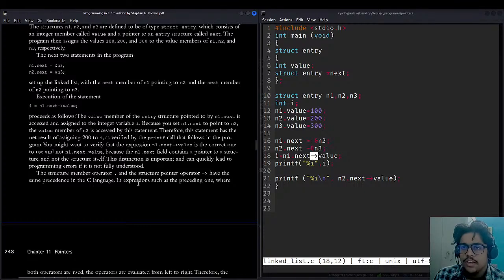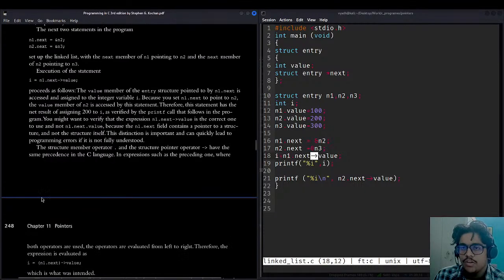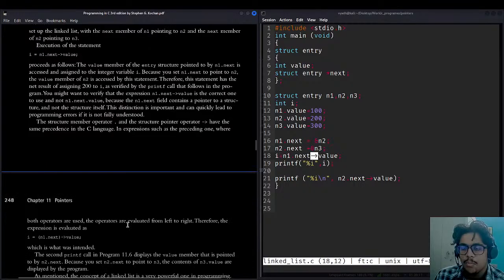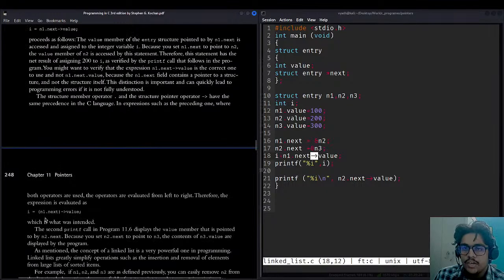Okay, so in expressions such as the preceding one, where both operators are used, the operators are evaluated from left to right. Left to right. So therefore the expression is evaluated as this. This and this have the same precedence, but in C we move from left to right. So first n1 dot next will be calculated.